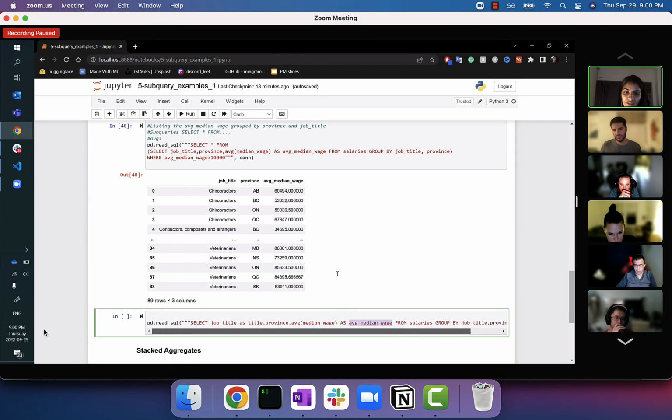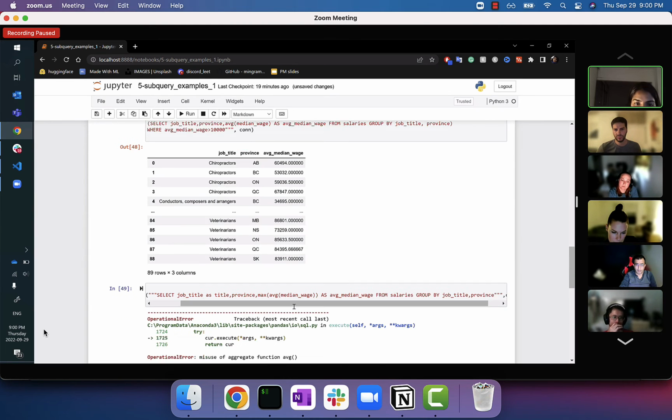So this is the subquery that we were using earlier. Now, I want to find the maximum average median wage grouped by job title and province. So I want to see, among the provinces and the job titles, which is getting paid the highest. So if we had to do this, I would have done this right here.